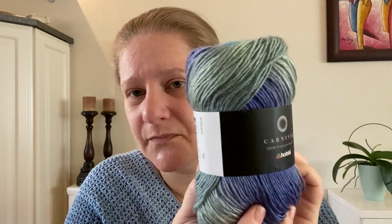I want to get more colorways of it. Especially if this Dragon Scale project succeeds and looks great, probably next time it's on sale, sometime next year, because I have lots of other things planned for this year, I might get some more of these in different colorways just to make different sets of gloves. What I like about the Dragon Scale gloves is it's actually a very easy, quick whip up project, and it only takes like,